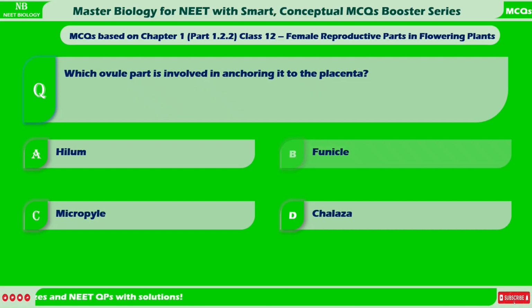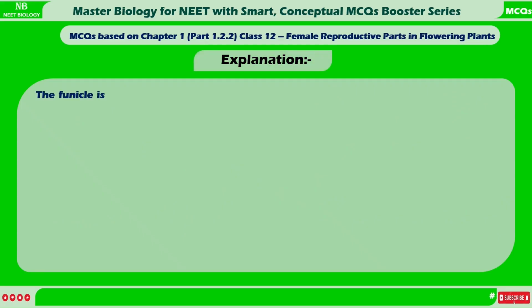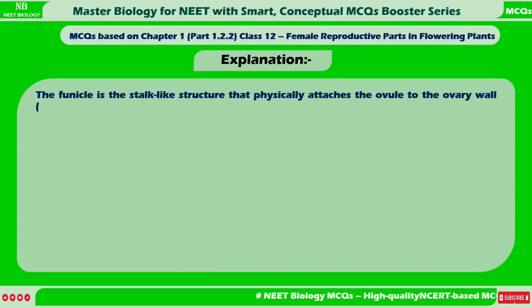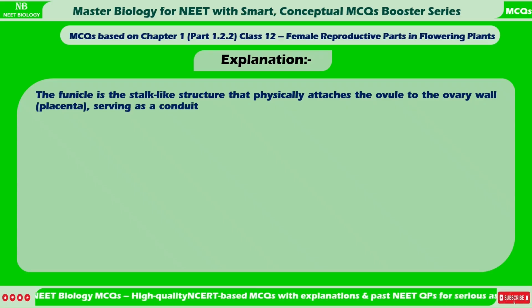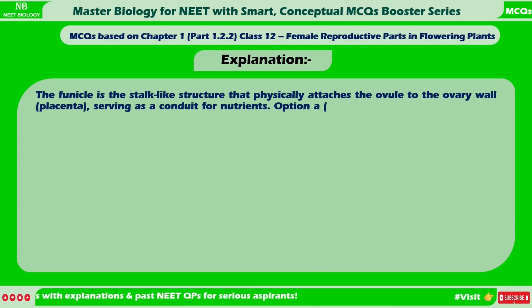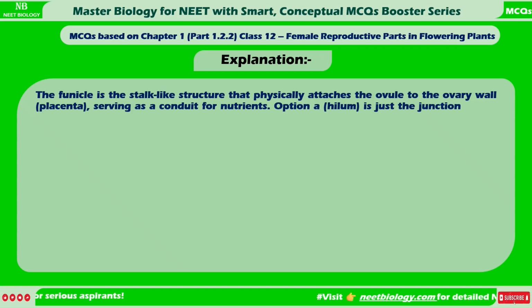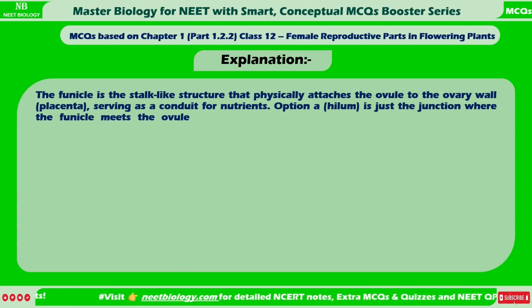Correct answer is B. Funicle. The funicle is the stalk-like structure that physically attaches the ovule to the ovary wall, placenta, serving as a conduit for nutrients. Option A, hilum, is just the junction where the funicle meets the ovule, not the structure responsible for